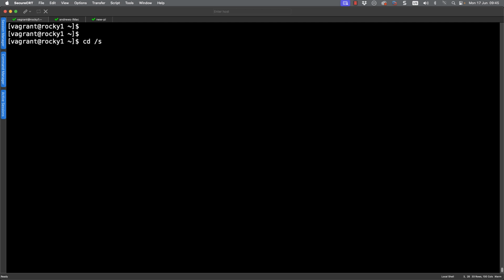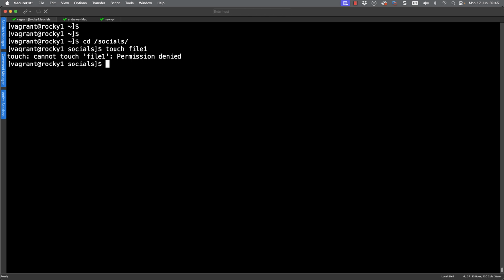So if I check just the permissions of others at the moment, if I move into the socials directory, well, I can pick up the permissions from others because I'm not a member of the group and I'm not the root user. But of course, I don't have the right access to the socials directory. I only have read and execute.